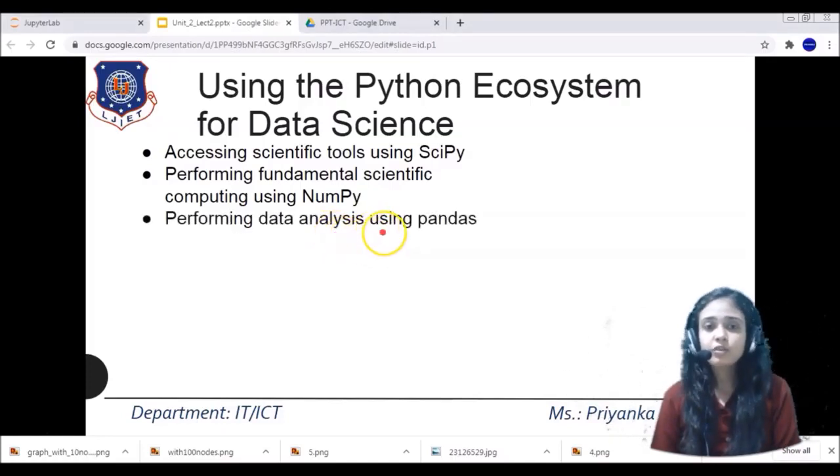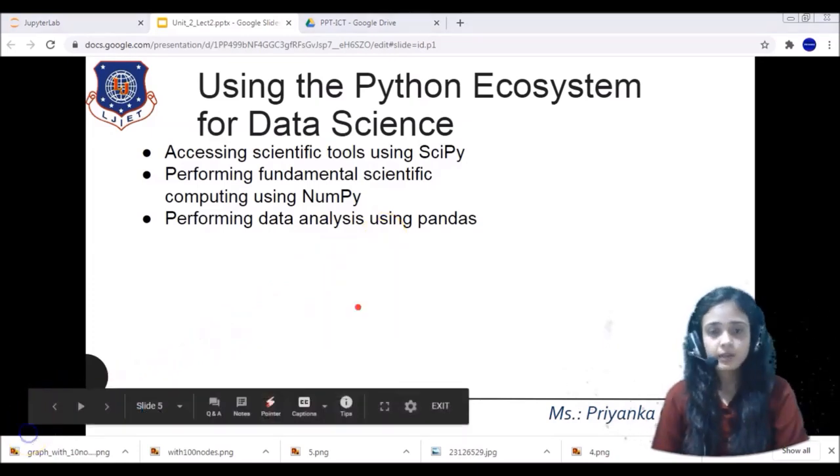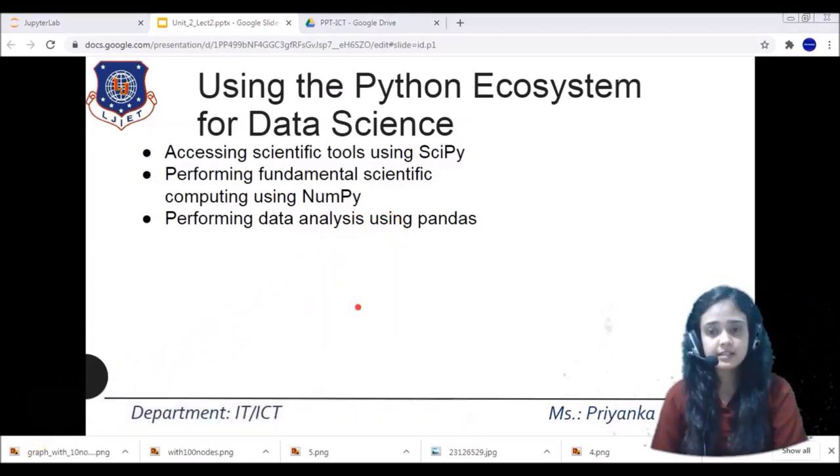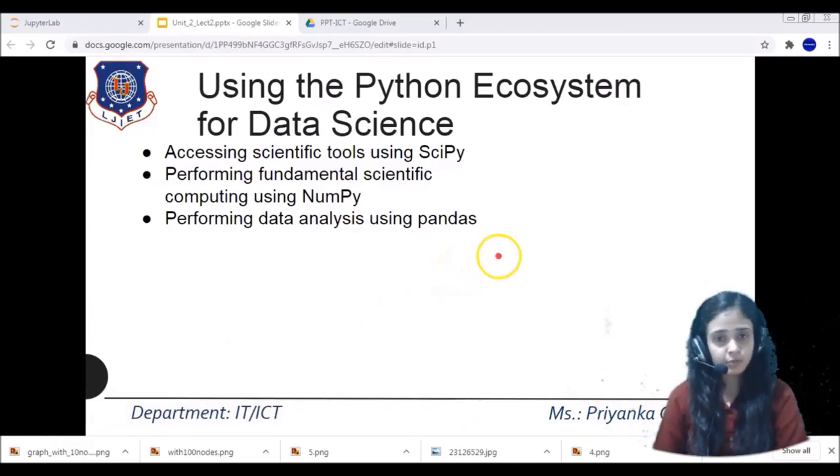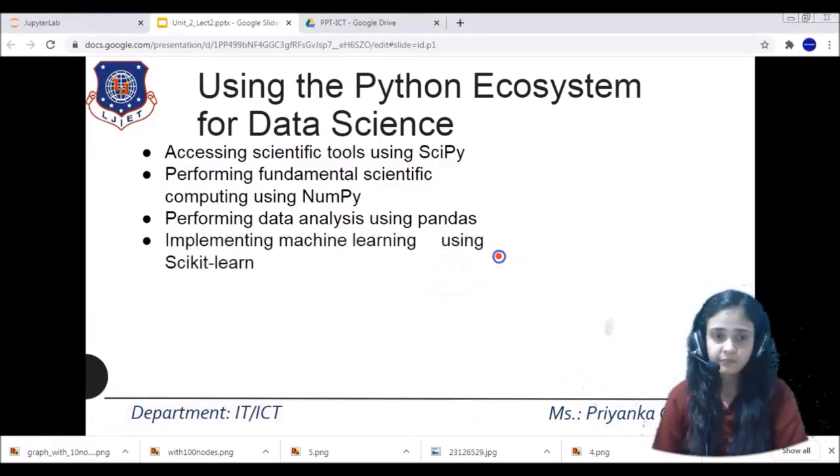Then comes performing data analysis using Pandas. Pandas is used for various categories, to load the data, to perform some manipulation and so on. Then comes implementing machine learning using scikit-learn.